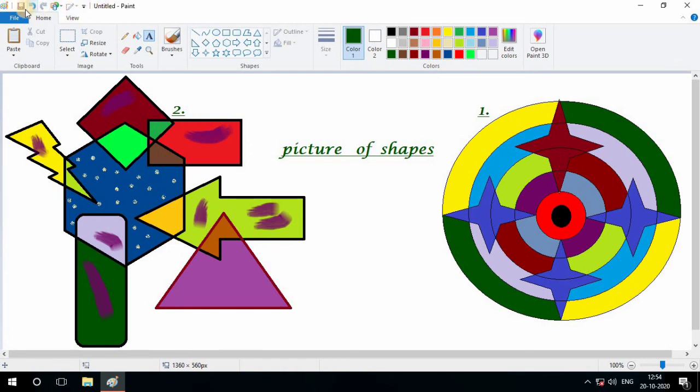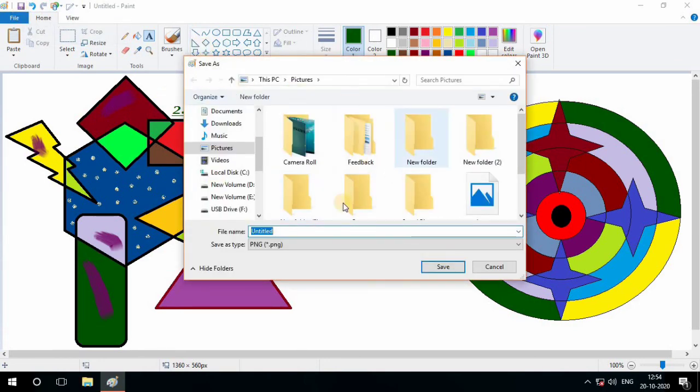So for saving we click this one. The Save As dialog box opens. Here press the backspace key from the keyboard. So the untitled is erased and write the name of the Paint file. See, this PC picture is the path of your Paint file. In this path your Paint picture is saved. See here the pictures, and this is our picture steps, and here we have to save our Paint file.